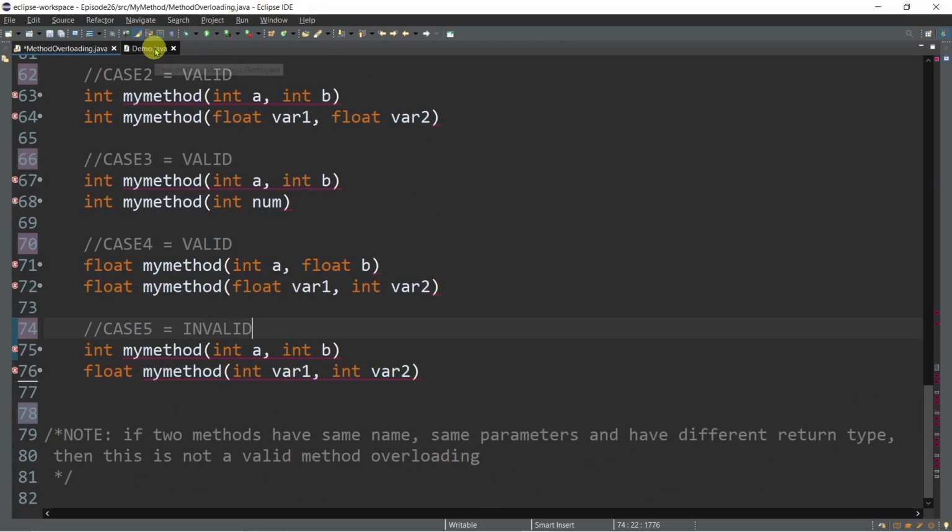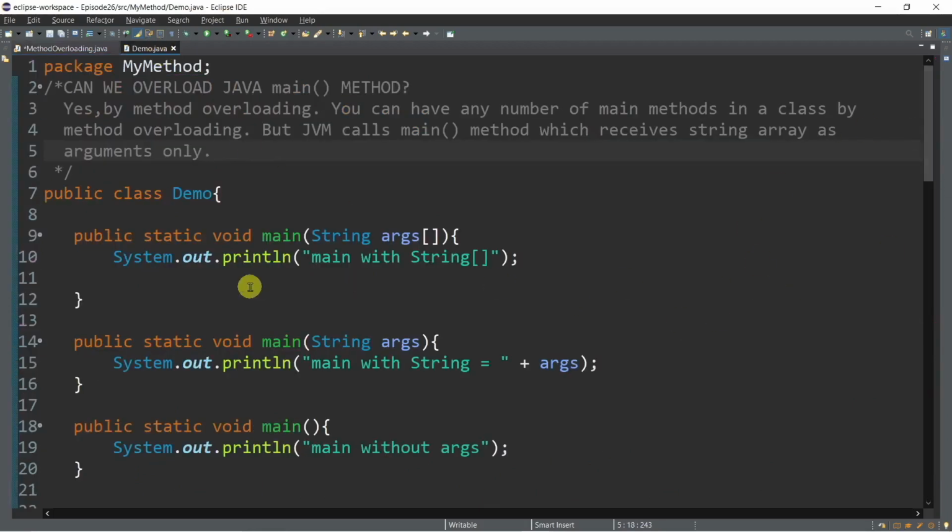Okay, let's try another example. Now I have a question here. Can we overload a Java main method? The answer is yes. By method overloading, you can have any number of main methods in a class. But take note that the Java Virtual Machine, or JVM, calls a main method which receives a string array as